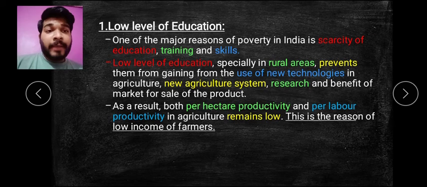As a result, per hectare productivity, calculated in hectares if you are going with the land, and per labor productivity have decreased, or we can say remain low because of that. अगर new technology आ जाता, अगर new system adopt कर लेते 1970-75 only, what will happen? Our agriculture system would have become more and more stronger at that time. If it had been adopted from that time, it would not be like at present.